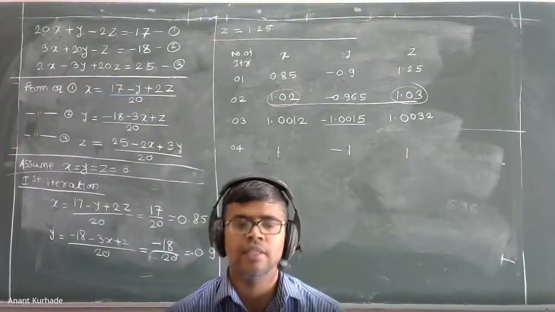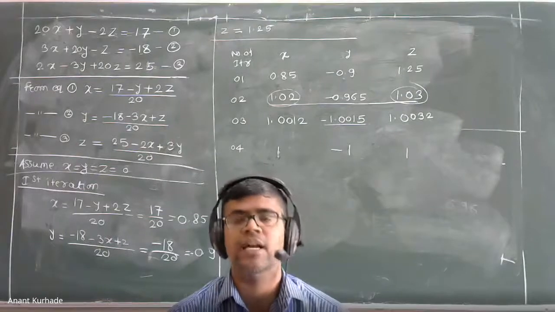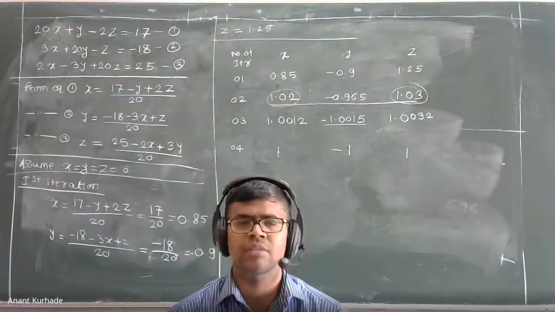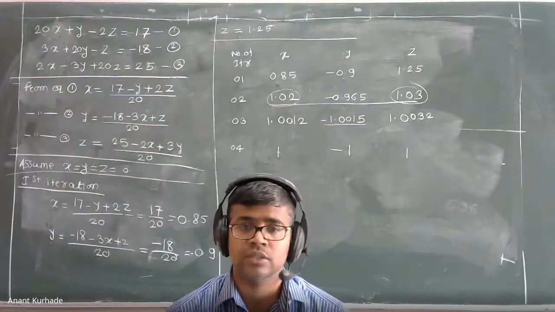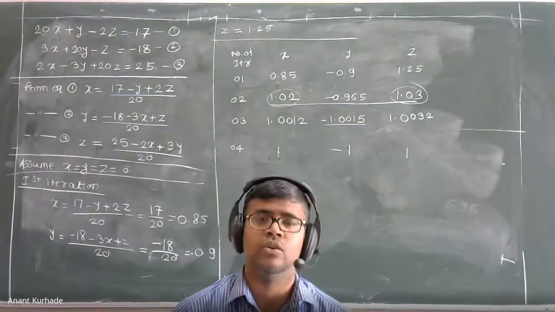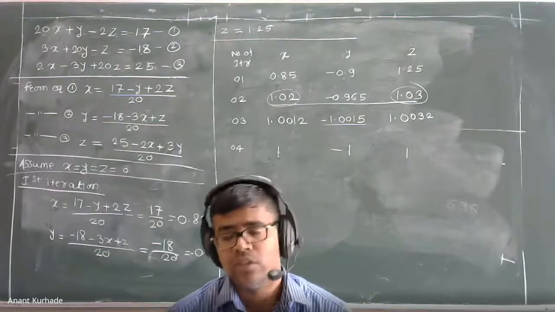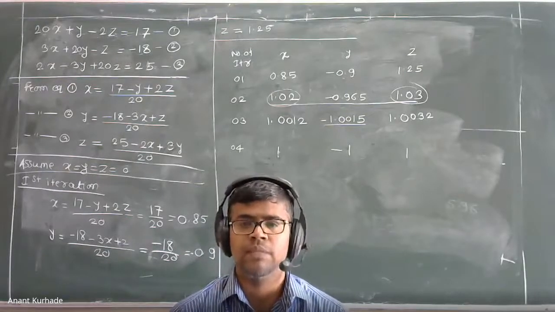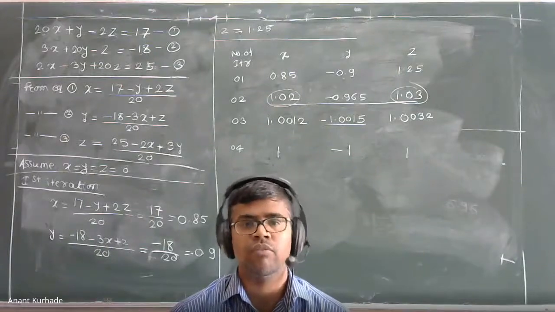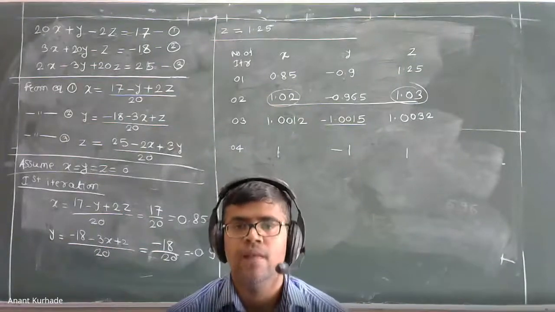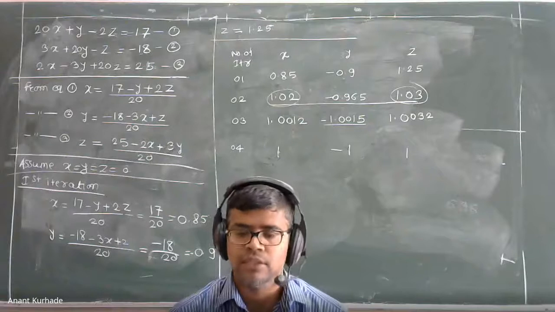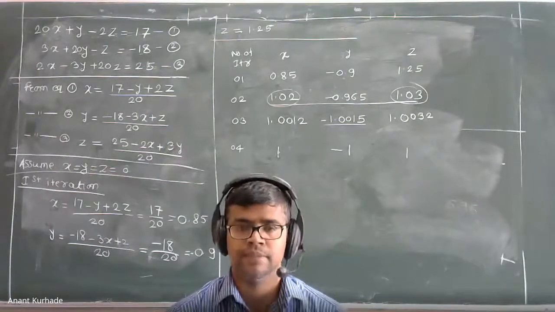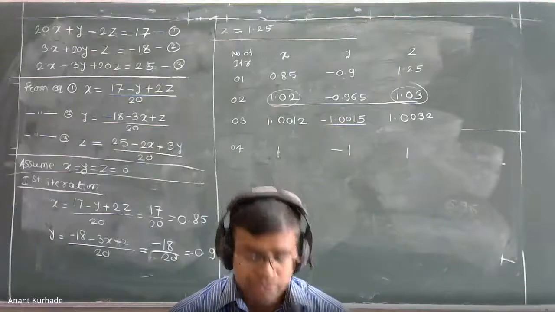Don't hurry while writing the actual answer. So once you calculate anything, 1 plus 1 is equal to 2, again cross-check. 1 into 1 is equal to 1, again cross-check whether it is correct or wrong. Always try to write the answer up to 4 decimal places. If it is mentioned up to 5, then you have to fix the calculation up to 5 decimal places. So this is all about this second chapter, simultaneous equations. Okay. So we have finished chapter number 2.